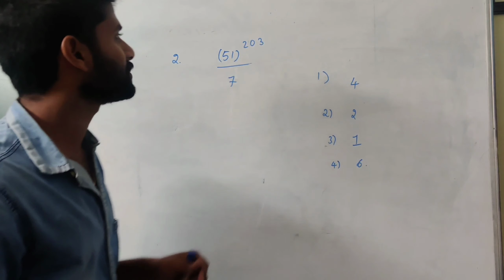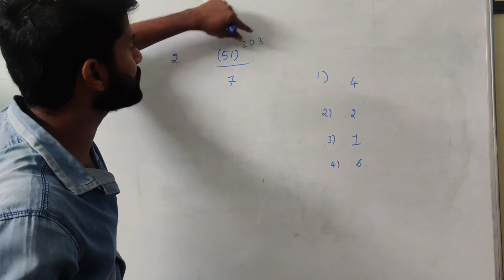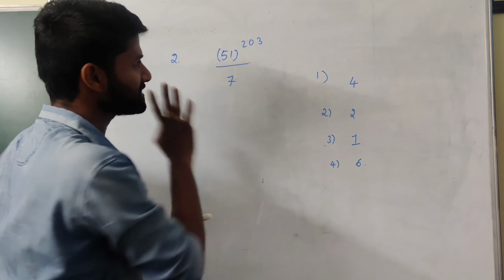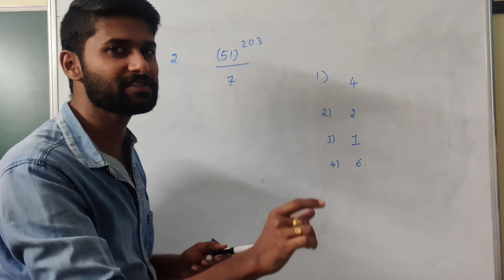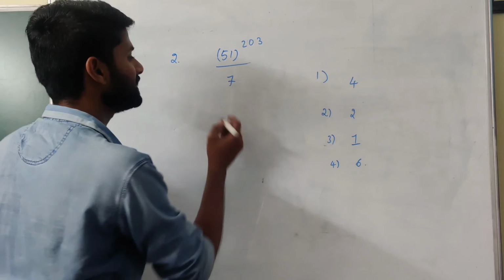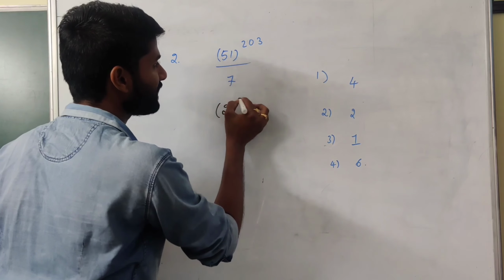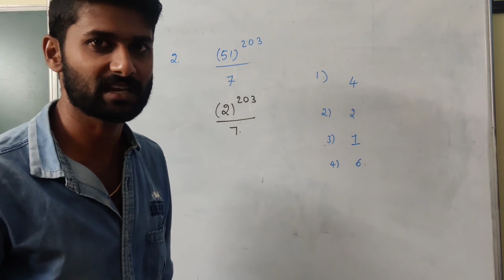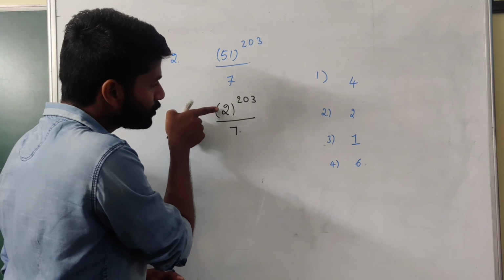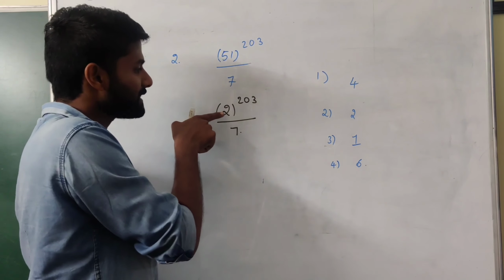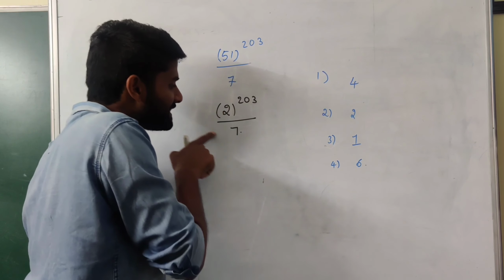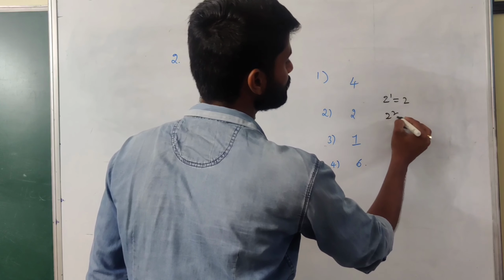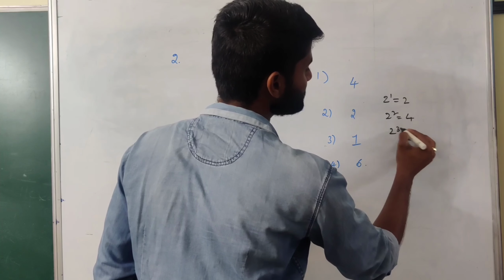We just see the second question. If 51 power 203 is divisible by 7, what is the remainder? That is the question. See, 51 is not exactly divisible by 7. So we take the exact divisible, 7 7s are 49. The remainder we want means the final value is equal to 2 power 203 divisible by 7. That is the first calculation. Here we have numerator 2, here we have 7. So try to write in terms of 2 cyclic as the nearest value of 7. So we know the 2 cyclic values: 2 power 1 is equal to 2, 2 square is equal to 4, and 2 cube is equal to 8.